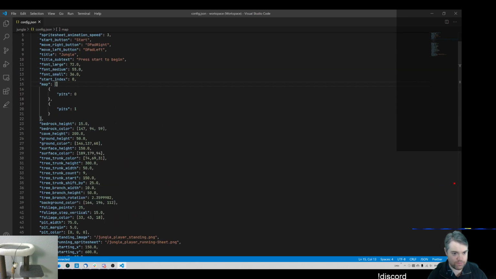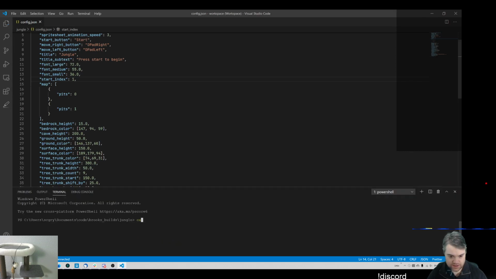let's see, here's our map. We have pit 0 and then pits 1. So we have one pit in this level. And our start index is 0. So if I were to change this to 1 and start a game,